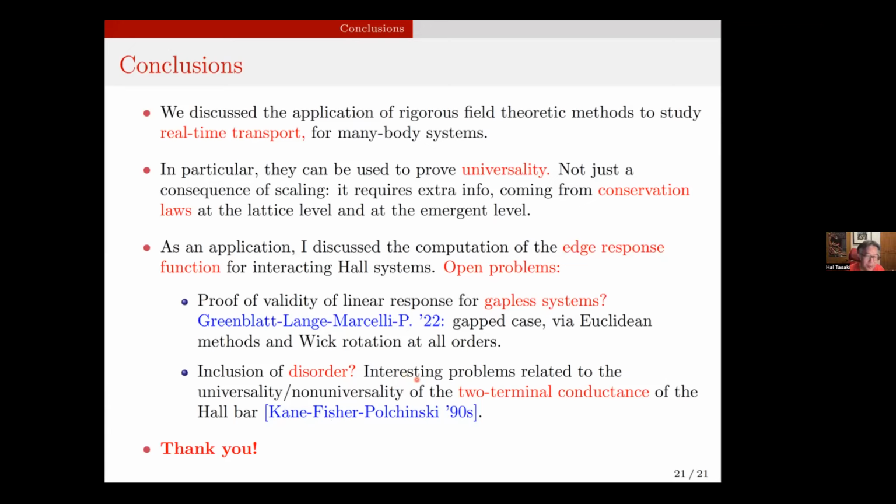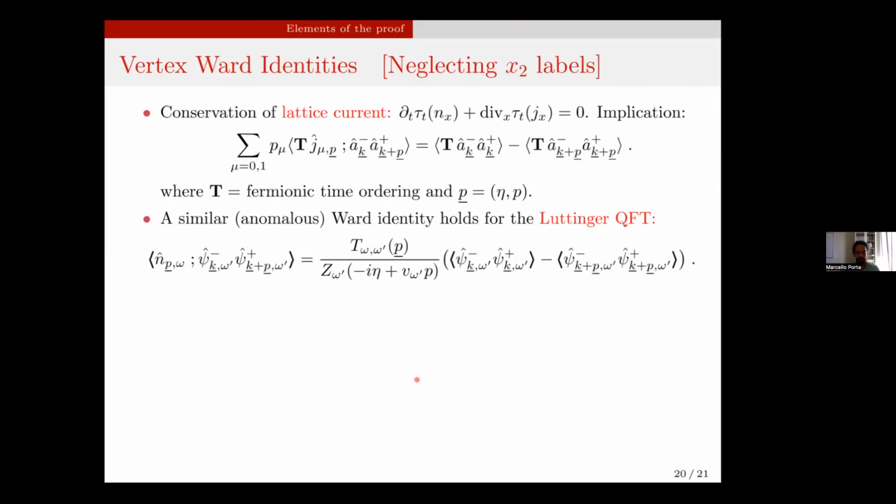Can I ask a question? So you had this final result for the conductance G, and you said it's universal. Of course, it's a beautiful formula, but it's sort of complicated. What do you mean by universal?